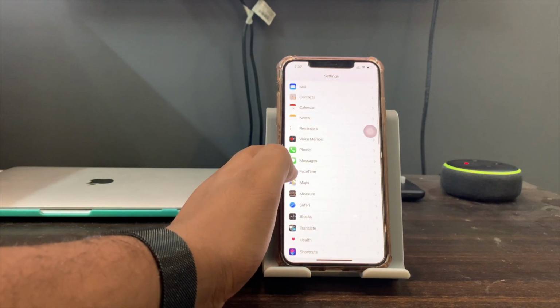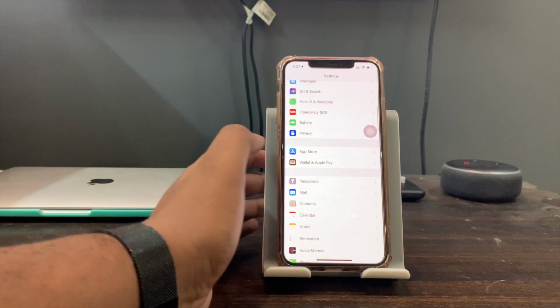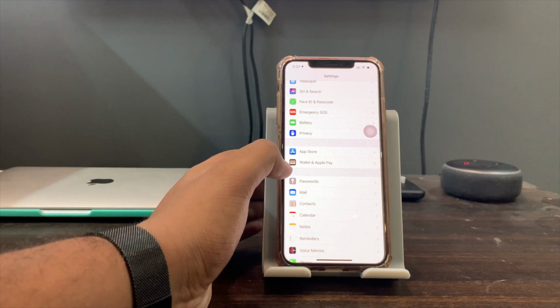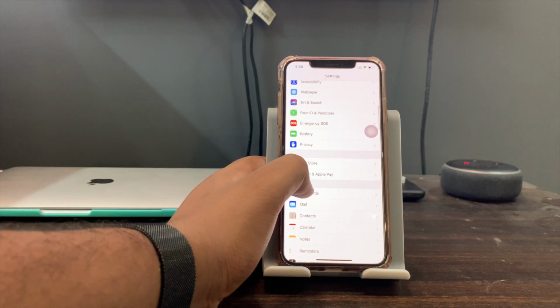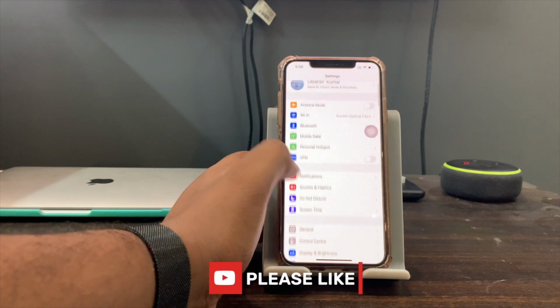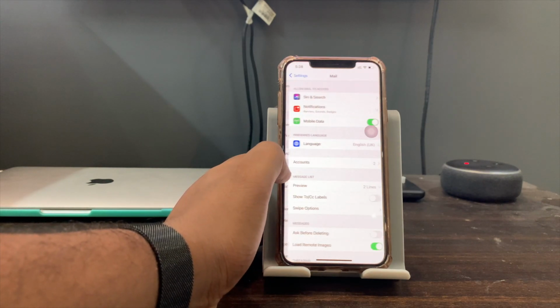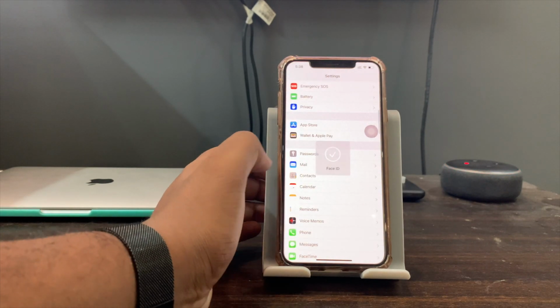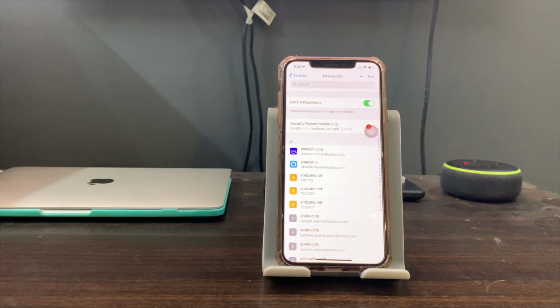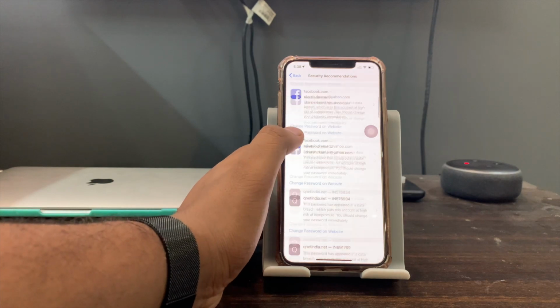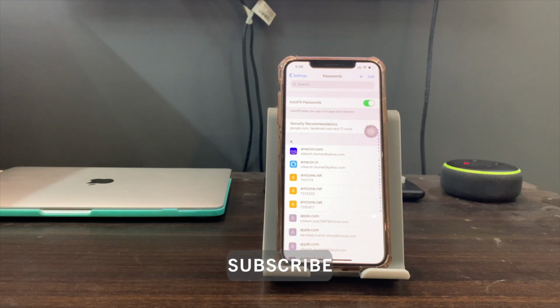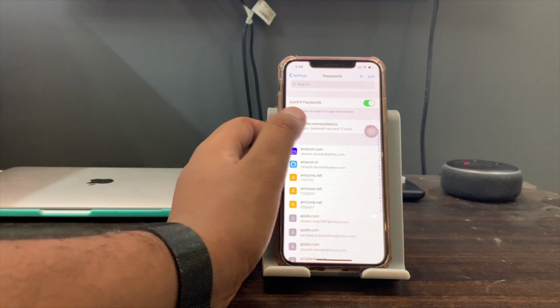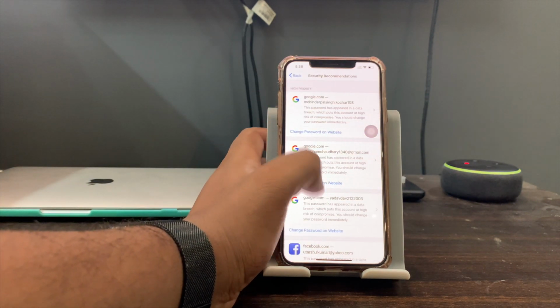The next update is that we now have a different section for passwords. Earlier passwords were in accounts, but now we have them separate. Also talking about privacy, in the password section I can see that it is recommending me to change my passwords as these passwords are not secure.